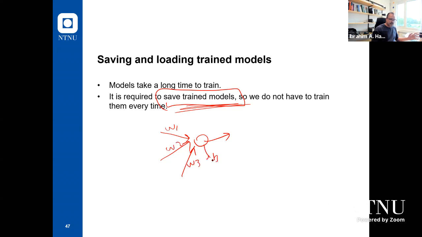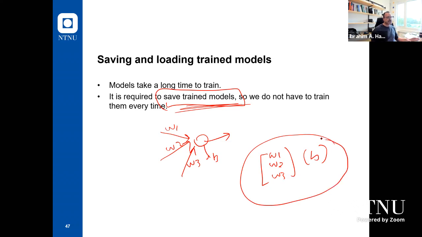So in fact, my model should be only those values: omega 1, omega 2, omega 3, and B. I need to store those values because those values are money, in fact. Imagine you are building a model for classifying fish for a company. You collected data, and it costs you money to collect the data. You bought a GPU for training your model, and finally your model will be those numbers, that set of weights and